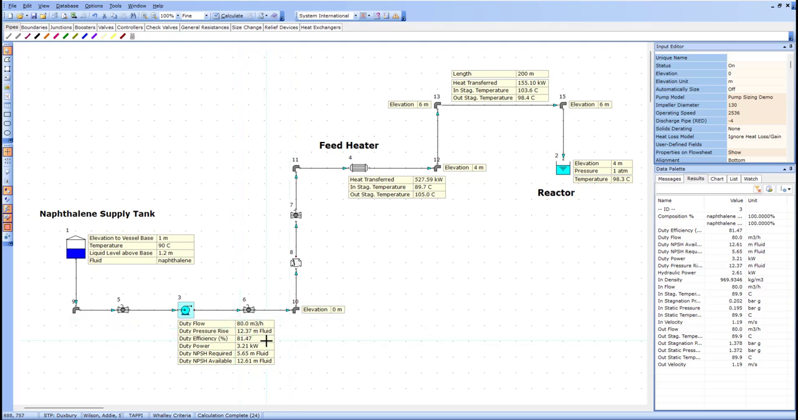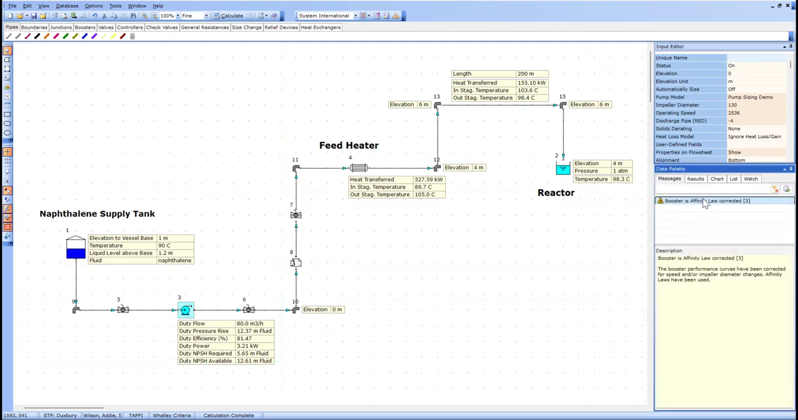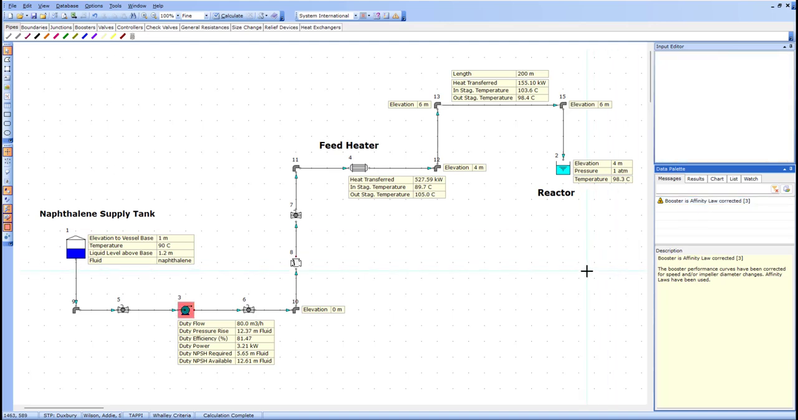Efficiency remains high at 81.47%, power drops to 3.2 kilowatts, and NPSH available still comfortably exceeds NPSH required, 12.61 meters versus 5.65 meters. FluidFlow automatically applies the pump affinity laws when the speed changes, so the related warning message is expected. The hydraulic design now meets the required duty, but before moving on, let's see what happens if we oversize